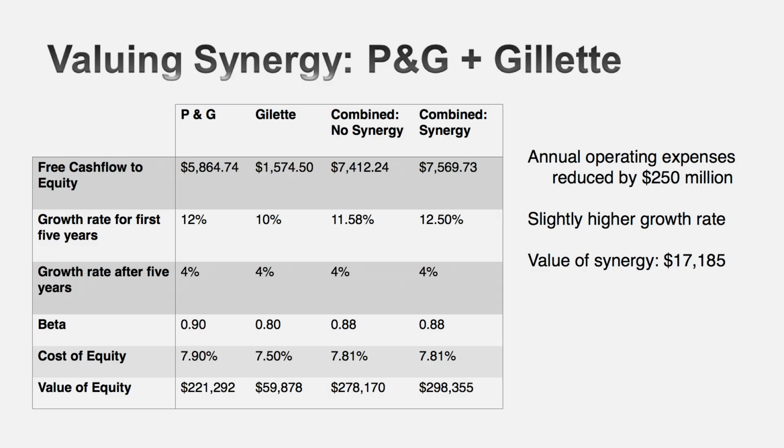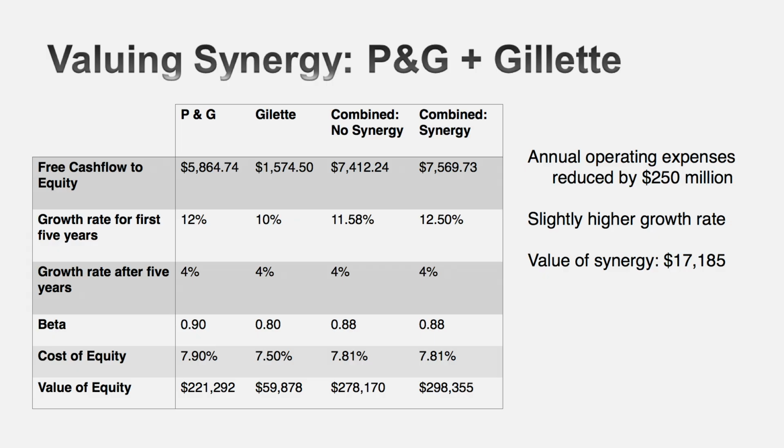So let me take a very simple example to illustrate this process. This was an acquisition that happened about a decade ago. The largest consumer product company in the world at that time, Procter & Gamble, bought the fifth or sixth largest consumer product company at that time, Gillette. And much of the talk around the time of the merger was about synergy. So I decided to do a best case valuation of synergy. In a minute, you're going to see why it's best case.